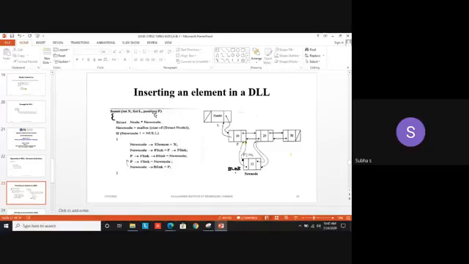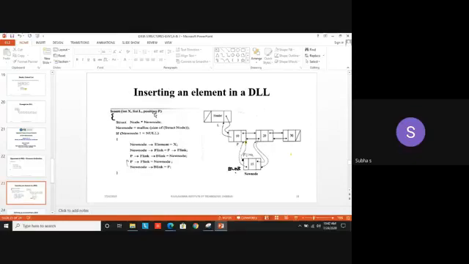Okay. Now we are going to check the condition. If new node not equal to null. Yesterday I forgot to tell that new node next not equal to null means the pointer is not equal to null. If it is null, what does it mean? It is the last element. Okay. So now, there is no node at all.